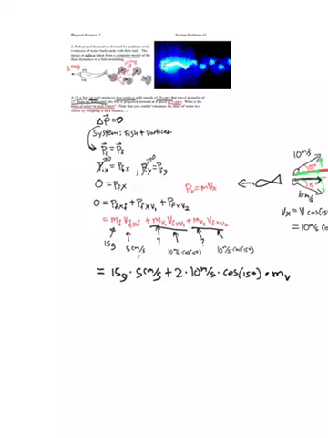We're assuming the masses of those two vortices are the same. All of this is equal to 0. Now we can solve for the mass of the vortex, and that is going to equal 3.88